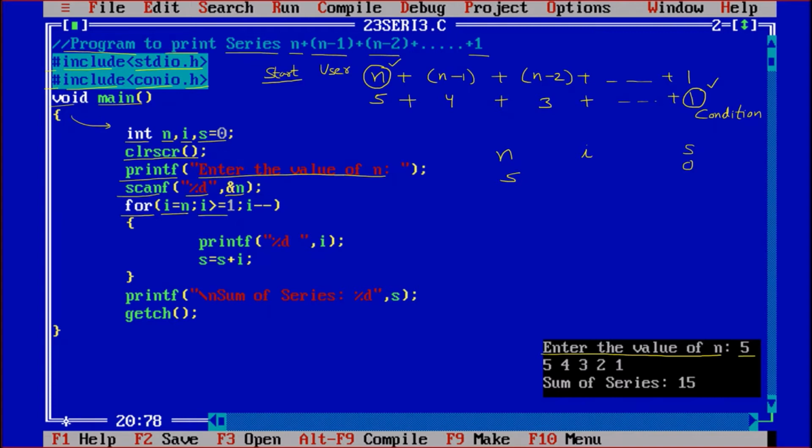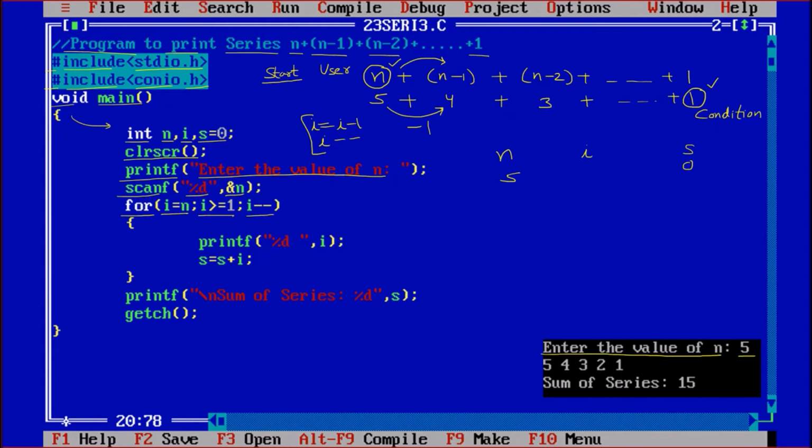So I greater than equal to 1, and this time it is decrementing and decrementing with the 1 value, that is minus 1. So if we say I is equal to I minus 1, or we are saying I minus minus, both are the same thing.